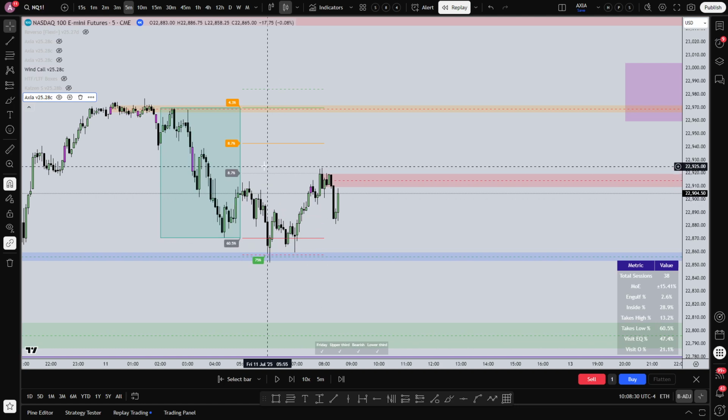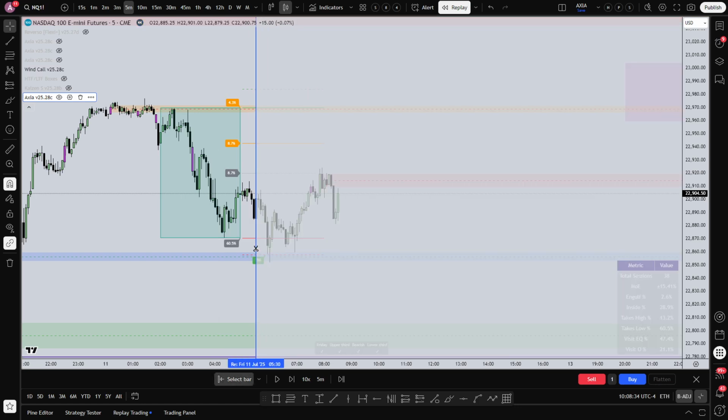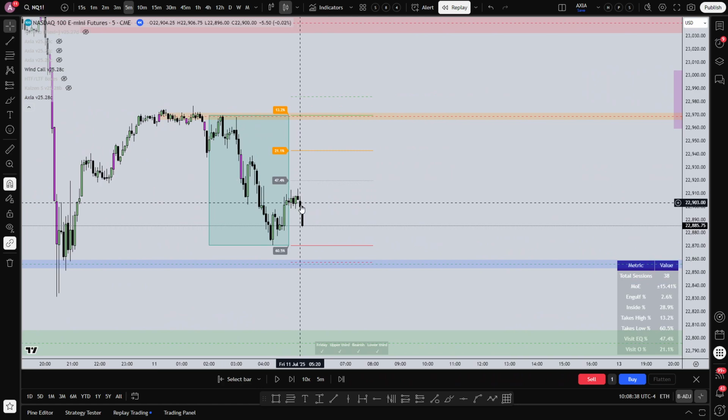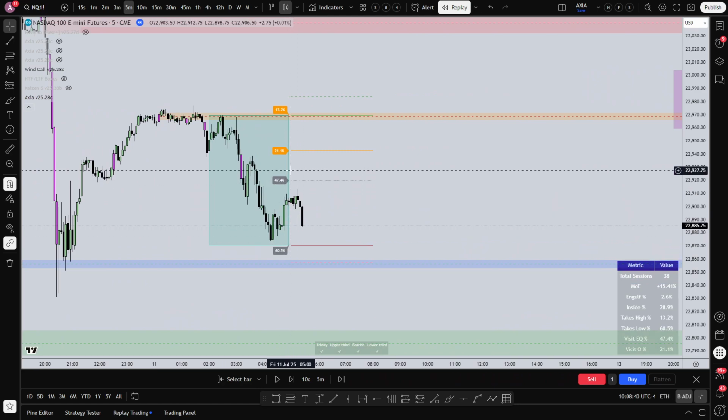Once it hits, this thing is changed to 8.7, I believe, because before this it should be a bit higher. See this thing, before this was hit it was 47.4% and 21.1% and 13.2, but once it is hit,